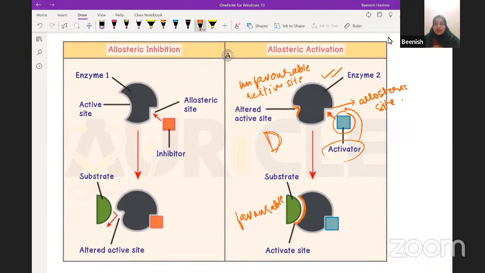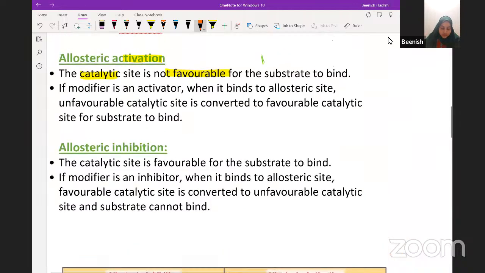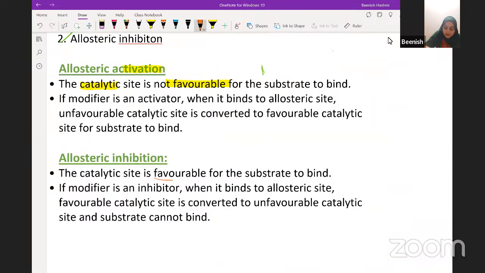Okay, so that is due to the allosteric activator, or positive allosteric regulation. Okay, allosteric activation. Now talking about allosteric inhibition, here what happens? The catalytic site is already favorable for the substrate to bind, okay? But due to the modifier, which is an inhibitor, when it binds to the allosteric site of the enzyme,